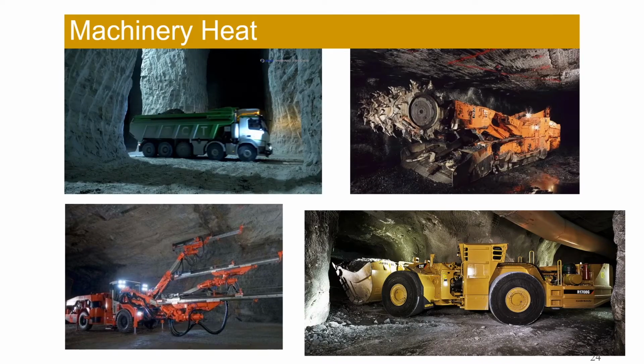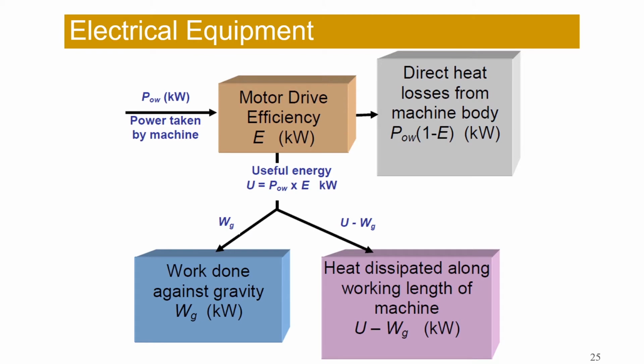Vehicles operating in level airways, rock breaking machinery, transformers, lights, and fans are all devices that convert an input power via a useful effect into heat. Increasing utilization and power of mechanization in mines has resulted in such equipment becoming, alongside geothermal effects and autocompression, a major source of heat. For electrical equipment, the power taken by the motor is split into useful energy here